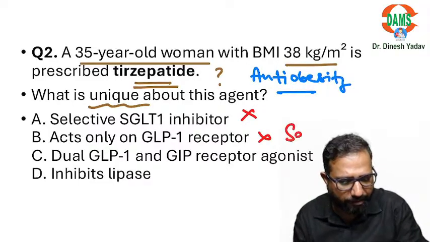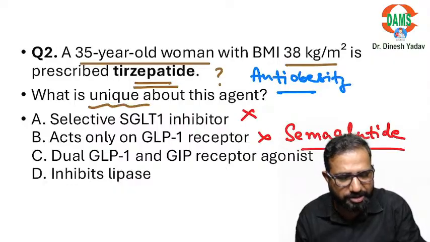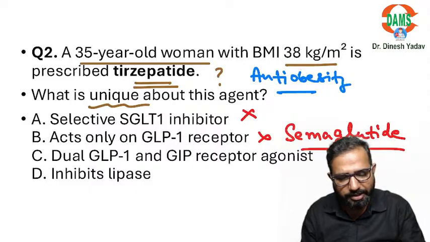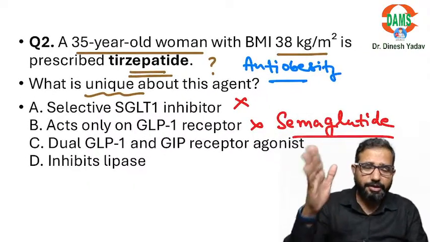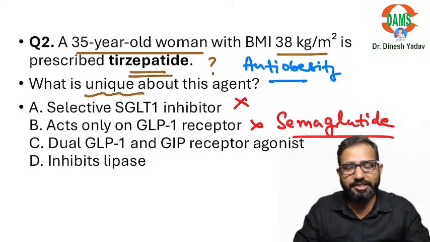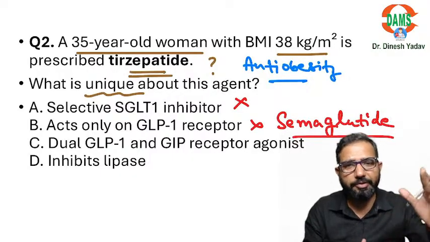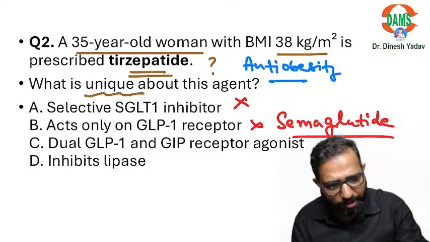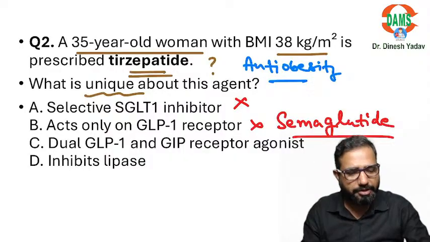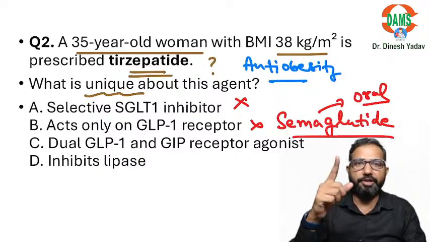The important drug nowadays we are using is semaglutide. I think every student knows about semaglutide because celebrities have made this drug a hit. Many celebrities are promoting this drug unnecessarily. You know, Ozempic, that is semaglutide. Semaglutide is the drug which is orally approved GLP1, and that is an important drug for obesity.